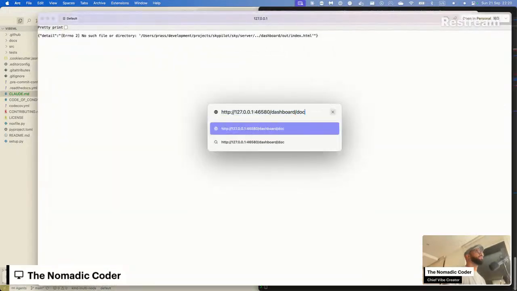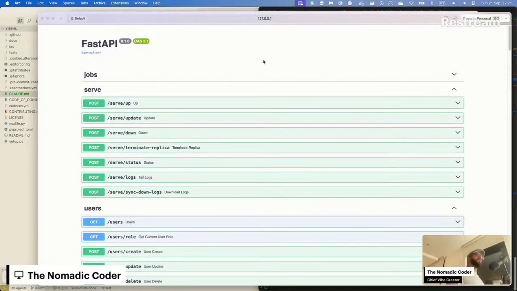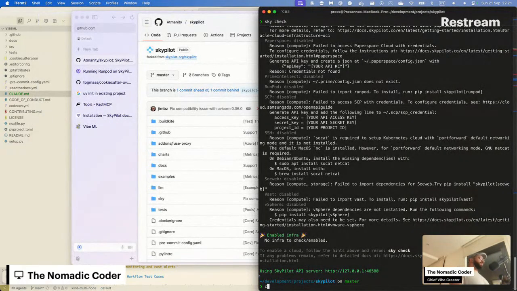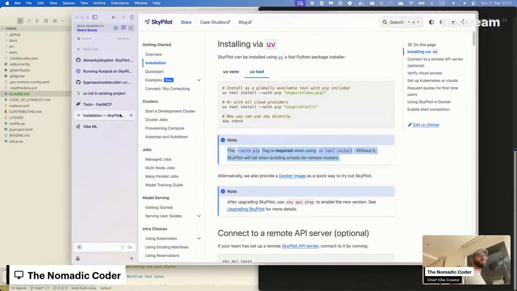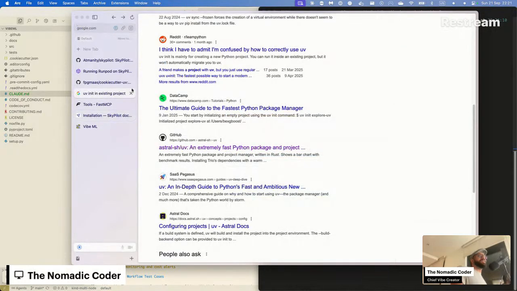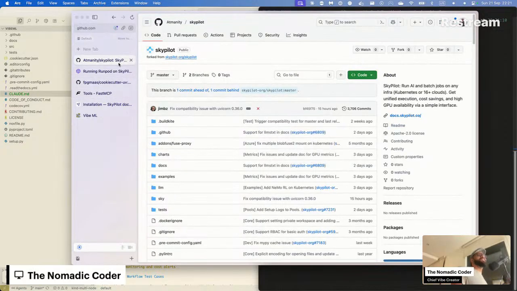What is this server, by the way? Kind of cool that they've gone full API mode. This is really cool. This brings back memory of when we were trying to build our own training cluster. SkyPilot wasn't there yet, so we were building tooling on top of it, and it was such a pain. But better late than never. The company that I used to work for doesn't exist anymore.